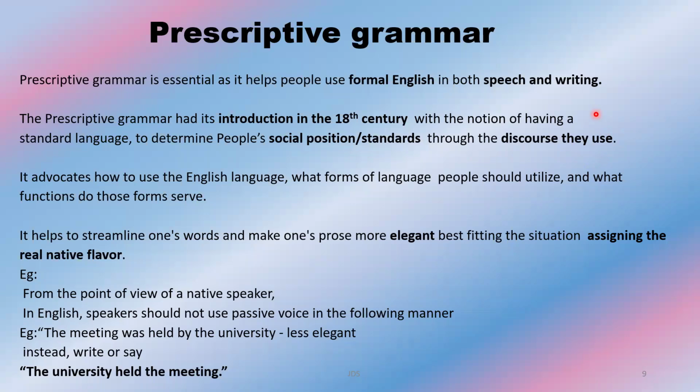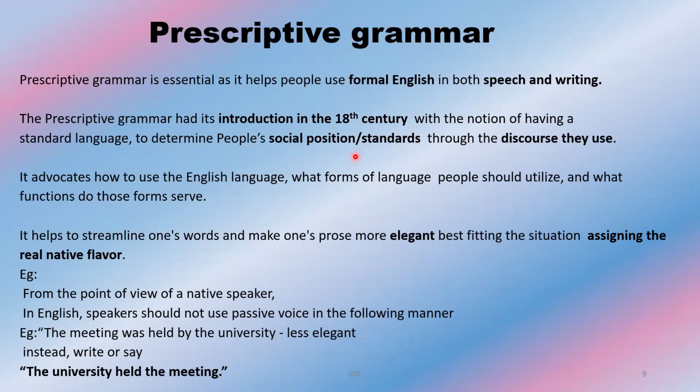Therefore, they freely used different dialects of language, and all those dialects were accepted. But in the 18th century, soon after, not in 18th century, even before that, when they invented the printing press and started to print books,